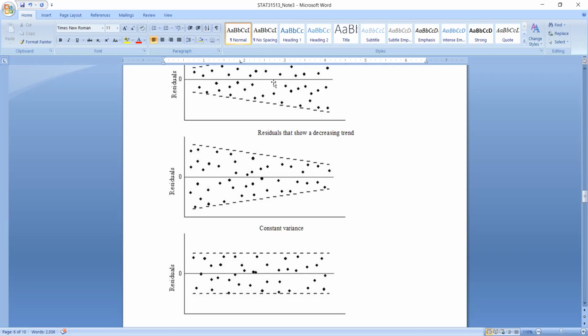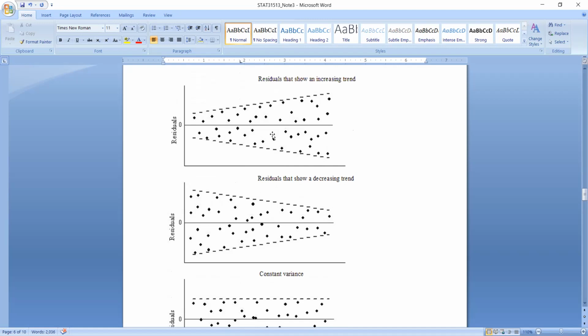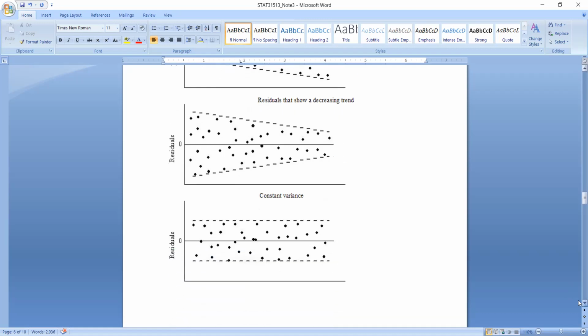So if you can see a pattern like this, in the first graph, the residuals are showing an increasing pattern. In the first graph, there is an increasing pattern. And here, in the second one, there is a decreasing trend. So if you can observe any pattern like this, that is, our residuals are not having a constant variance. That is, it's violating, right? Our assumption is violating. So you can just check it using